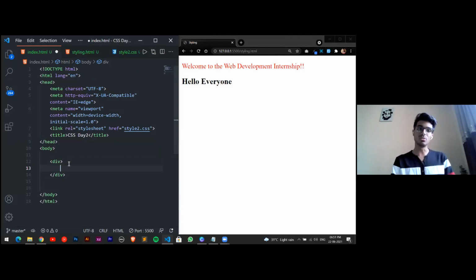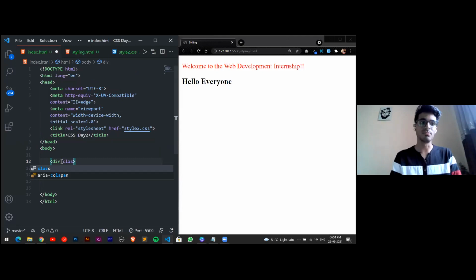It has no value, div does nothing. It is just a convention to use. So we have given a div and I'll be applying a class of box to this. And inside this, I'll be giving, let's say, a p tag, named as box.